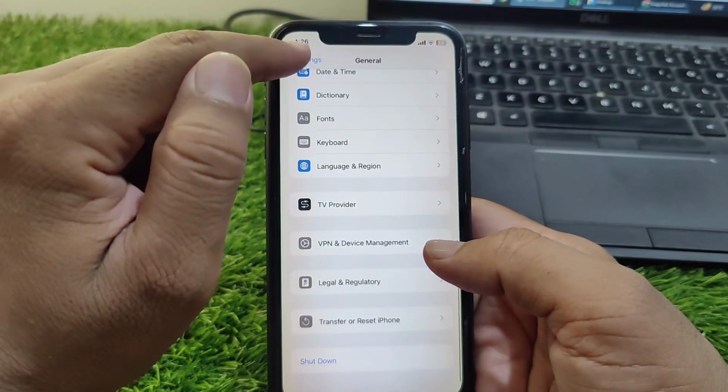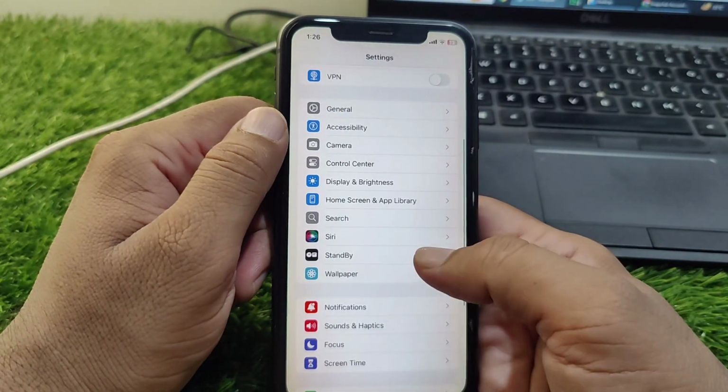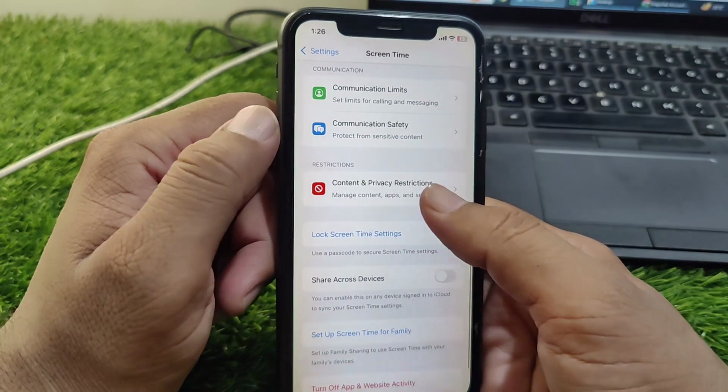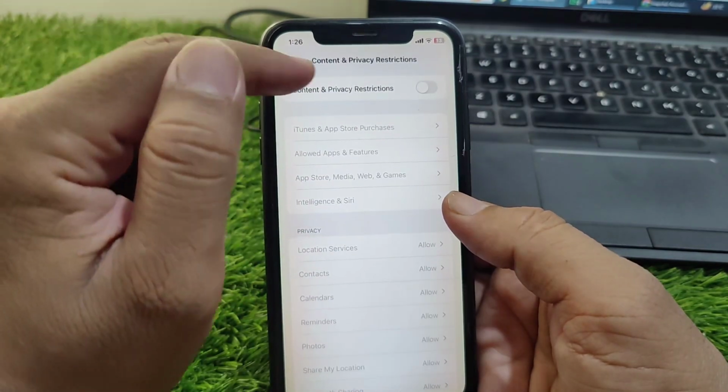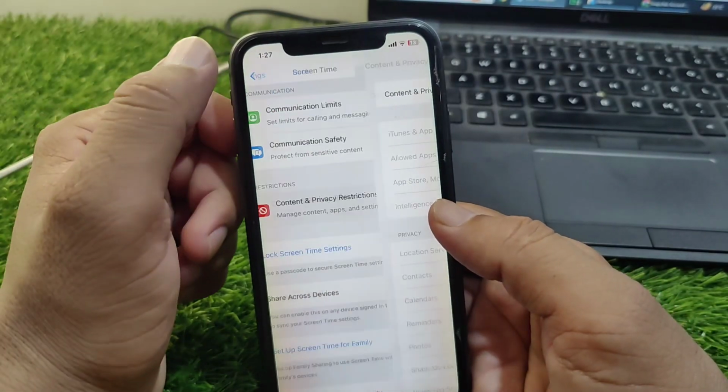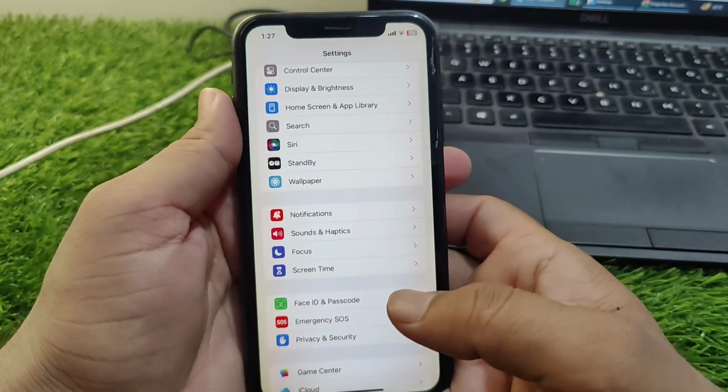So guys, do this, and after this go back and now you have to go to screen time, and from here scroll below and tap on content and privacy restrictions and turn off the toggle for content and privacy restrictions from here, and then go back and now go to Siri,